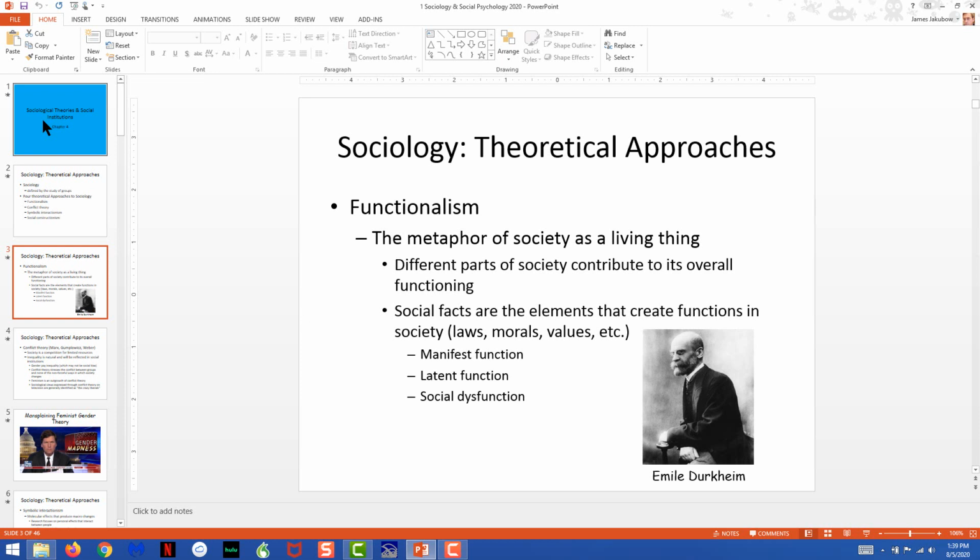One example from your review manual was the role of education. The role of education has 3 components: a manifest, latent, and social function. The manifest function of education is to get people in society educated. Manifest function simply refers to the explicit intention of what you're supposed to do. Now, anytime you do something,